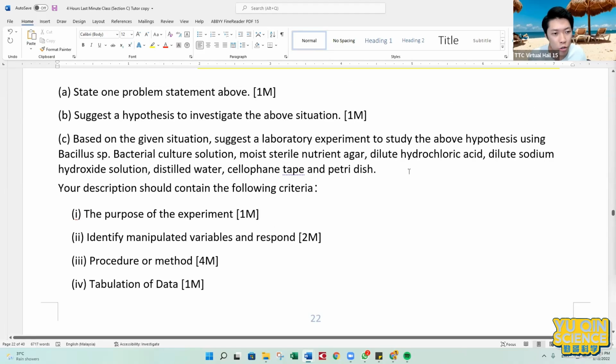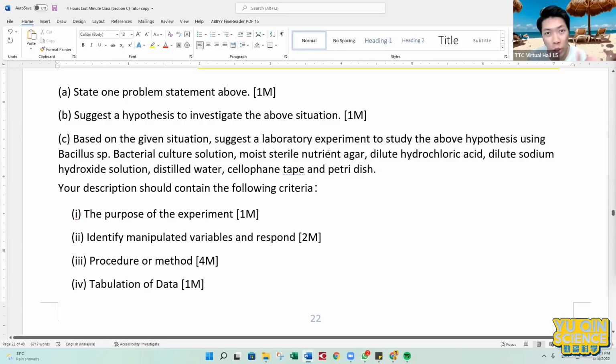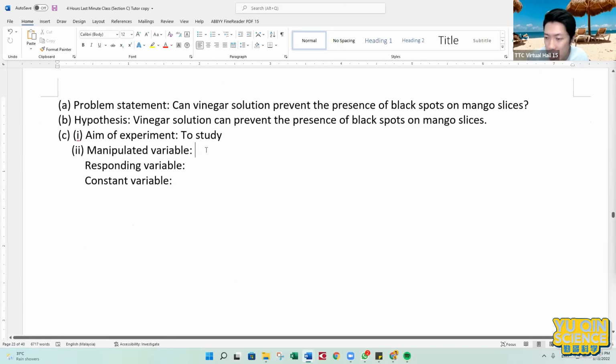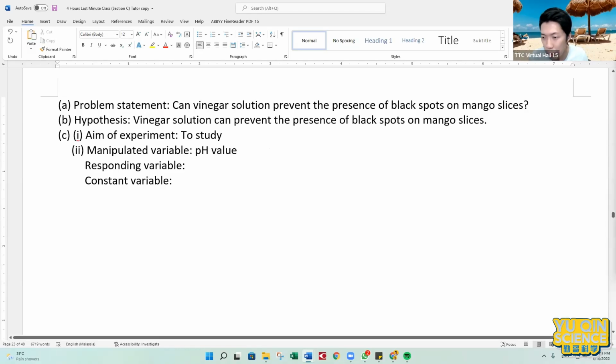What's my manipulator in this case? How to find it? Usually your manipulator is in the description, usually the first 1 or 2. But in this case, it's not, so you have to be flexible. I think it's about your solution: your hydrochloric acid, your sodium hydroxide, your distilled water. So what factor is this? This is called pH value. Manipulated: type of solution